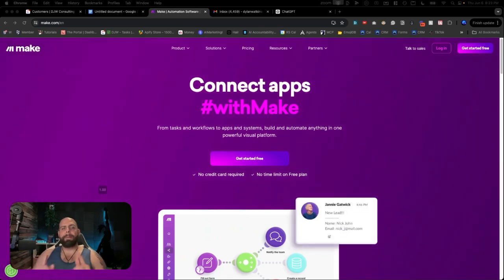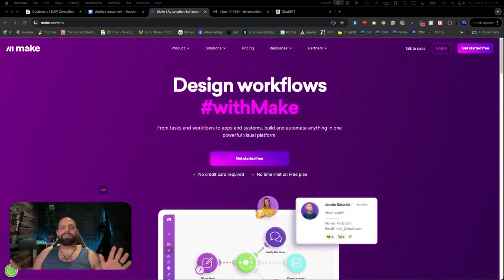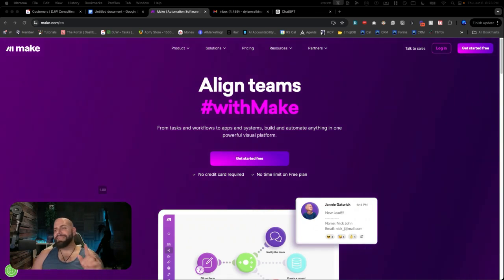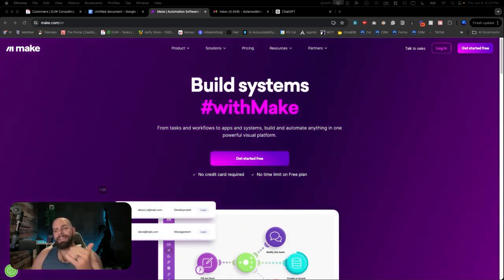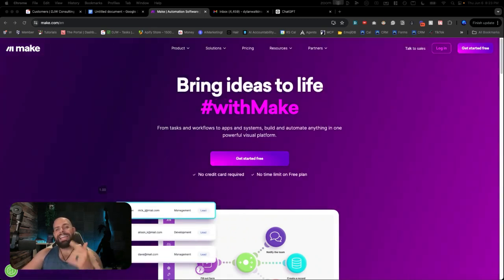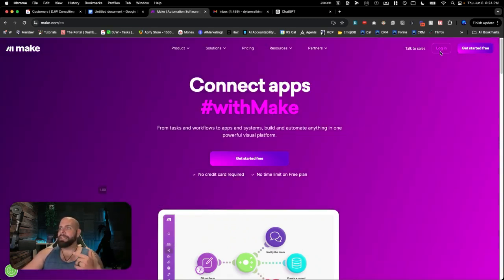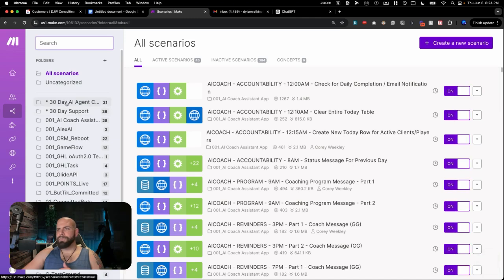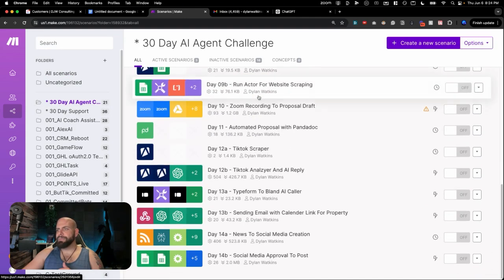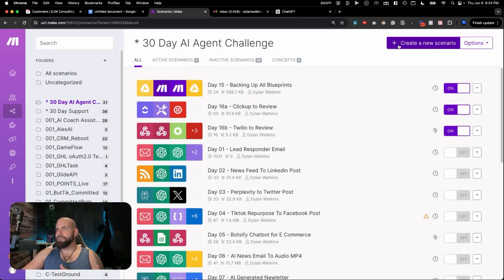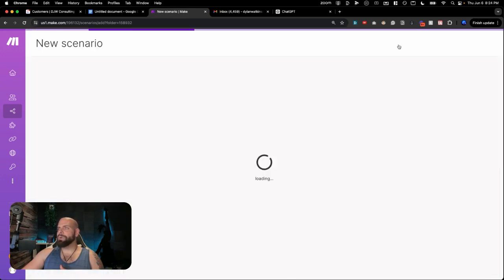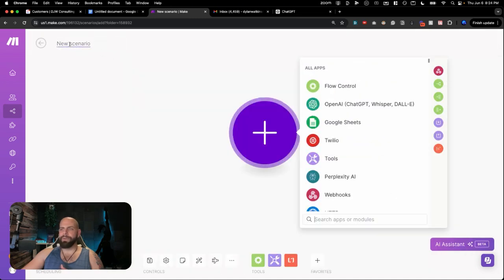We are here with Make.com, my favorite automation tool of all time, and we're going to get started as we normally do by logging into Make.com and starting a scenario. So we're going to log in here. We're going to sign in to the scenarios, going into the AI Agent Challenge, and we've got all of the other automations from the last 16 days, and we're going to start off by creating a new scenario. We're going to type in day 17, and we're going to call this lead magnet to